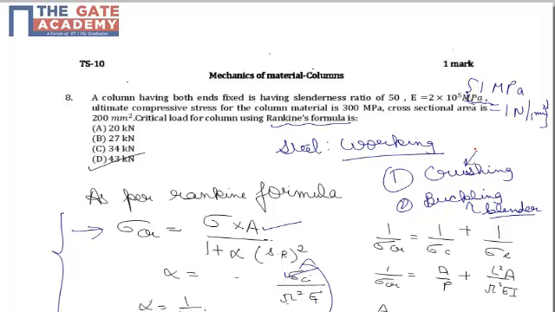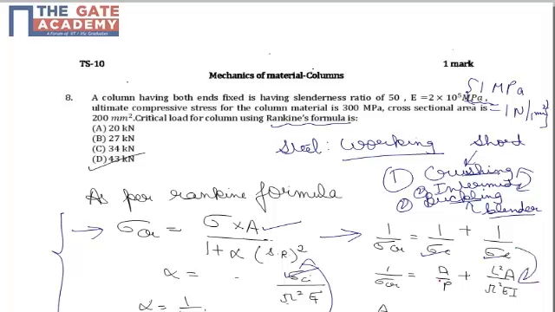Crushing is valid for short columns, and in between the phenomena of crushing and buckling, we have intermediate columns that fail both by crushing and buckling, for which, as per the Rankine-Gordon formula, 1 upon sigma cr, or 1 upon sigma critical, is the sum of reciprocals of sigma c, that is, strength in crushing,